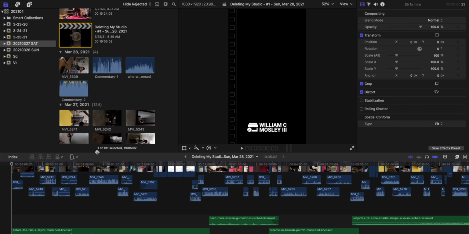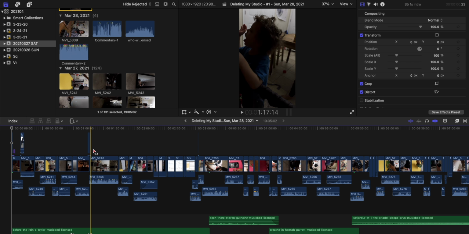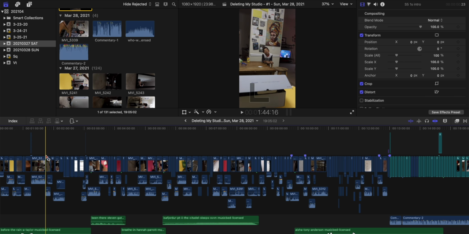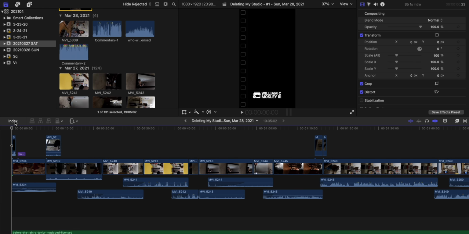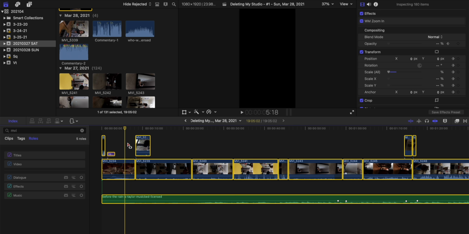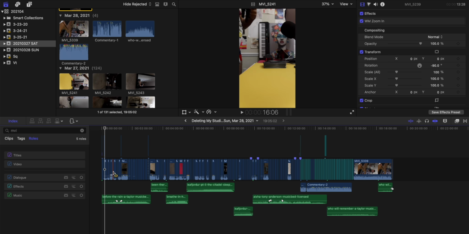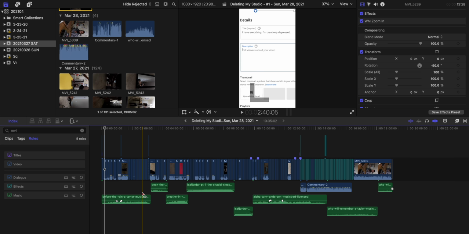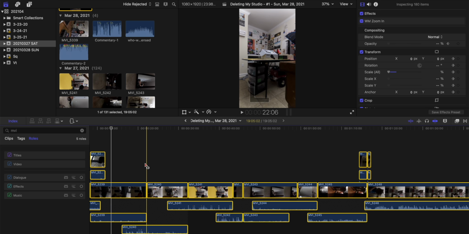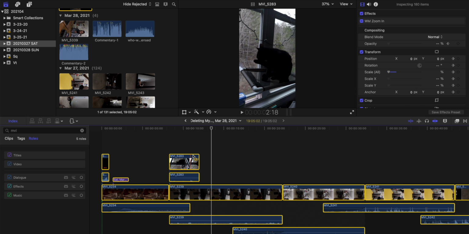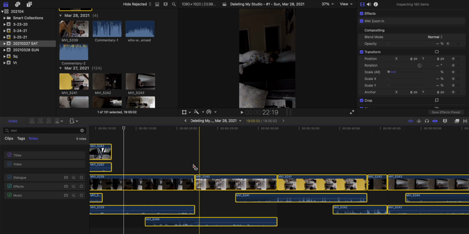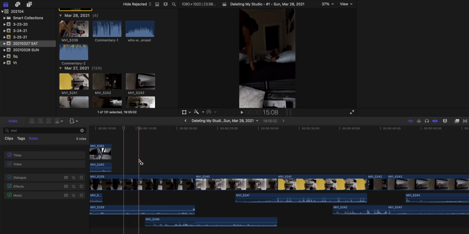There's honestly not that much. If you look here at the timeline, there's honestly not that much going on that's crazy complex. If you dial it down, it's really just one clip after the other and then some music underneath. The only thing that's really happening that you don't really see from that is we're pretty much just using audio. We're pretty much just using J-cuts. So if we click play here,